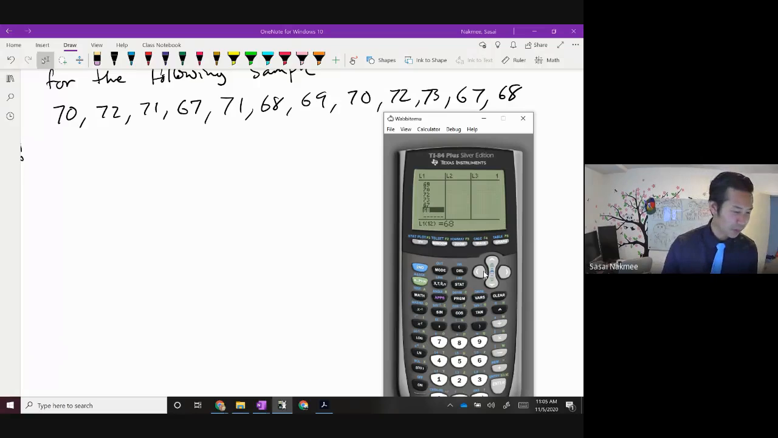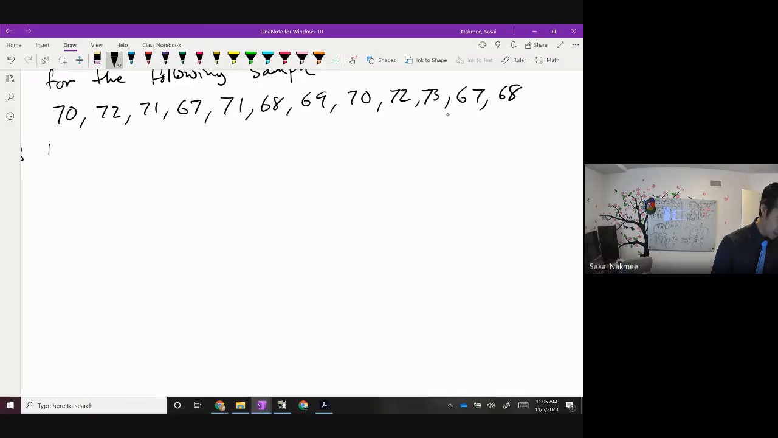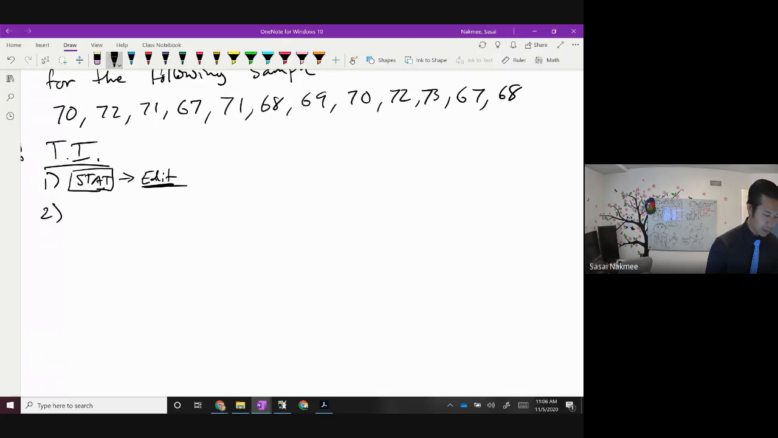Because I knew that there were 12 numbers there. So if you're doing this on the TI calculator, let me write out the steps. Step one, you click on the button that says Stats, and then you go into Edit. You go into that button right there. Step two, type in the numbers. And then step three,